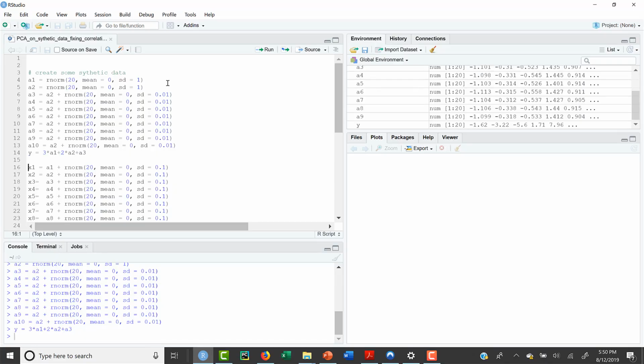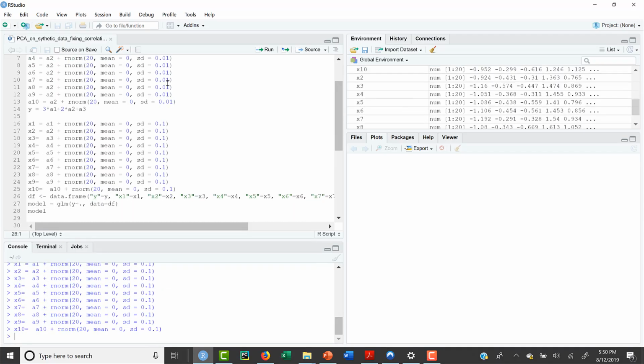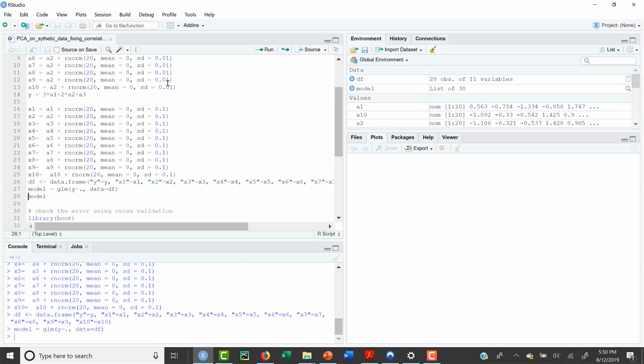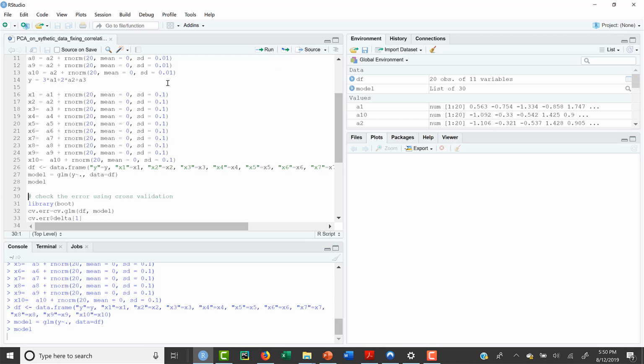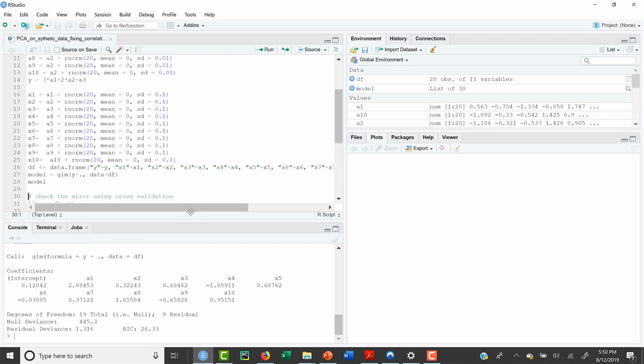Okay, now those were kind of our underlying data. We're going to make X1 through X10, which are each of the A1 through A10s plus some noise, and that's where we're going to build our data frame. And so we do our linear regression model, Y predicted as a function of all those X's, and when we look at the model, down at the bottom, we see